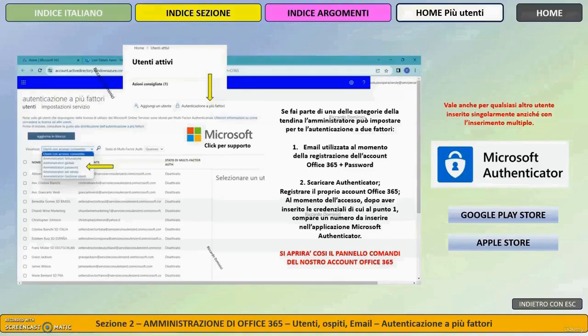I download the Microsoft Authenticator app on my smartphone. And when I authenticate on my Office 365 account, in addition to asking me to enter the username, that is the administrator email address, and the password, it will also ask me to enter in the Authenticator app on my smartphone the number that I see on the computer.